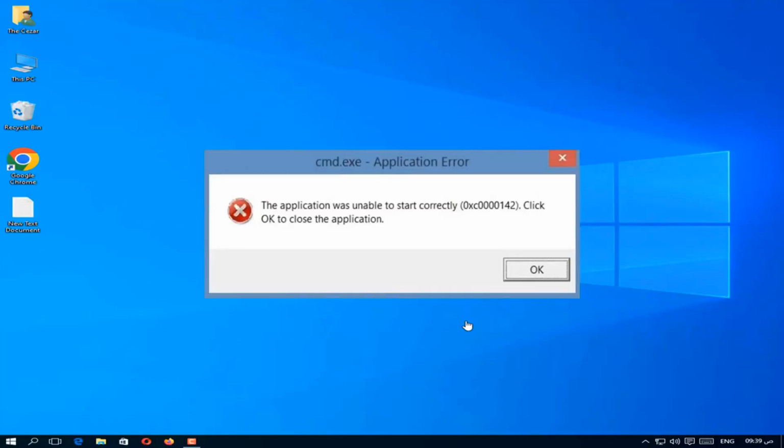In today's video, we're going to fix the error 0xc0000142 that appears when launching games or programs using three different methods. This issue usually happens because of corrupted or missing DLL files, or sometimes due to Windows update errors. You'll often see this error with games like PES 2018, PES 2020, or even GTA, and also with programs like Microsoft Office. When you try to open them, you might get this message: the application was unable to start correctly,